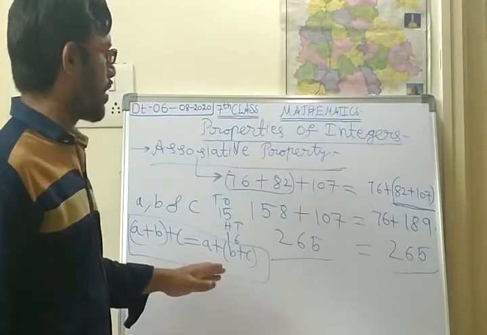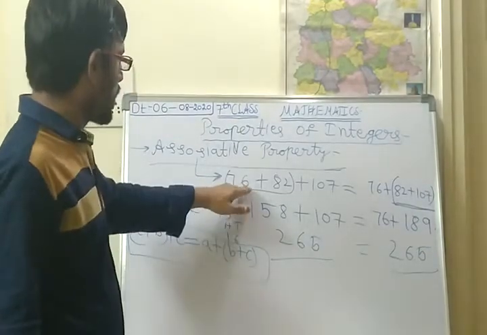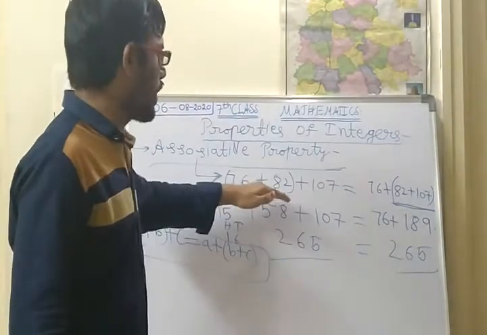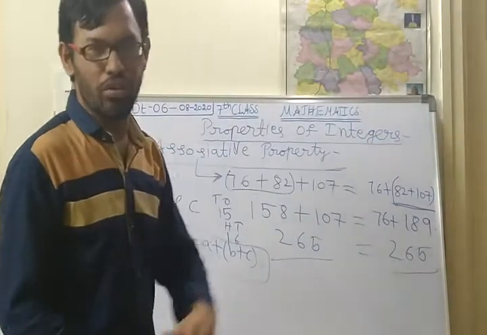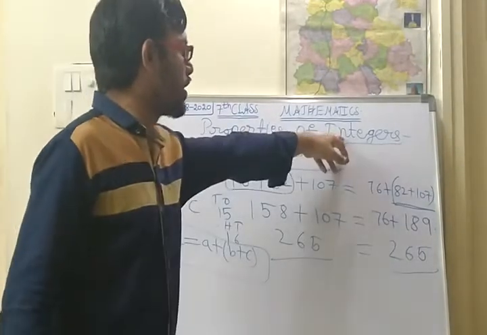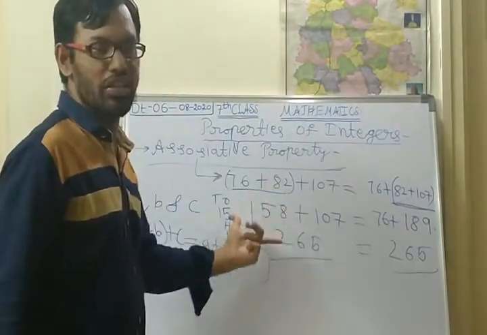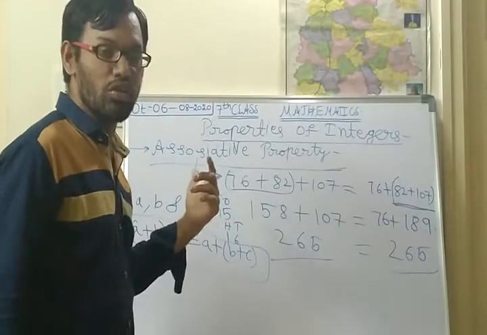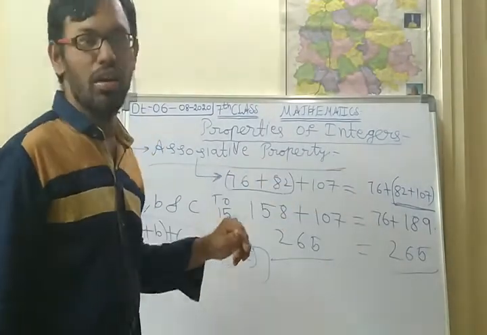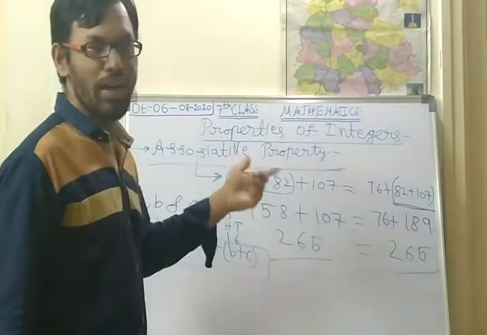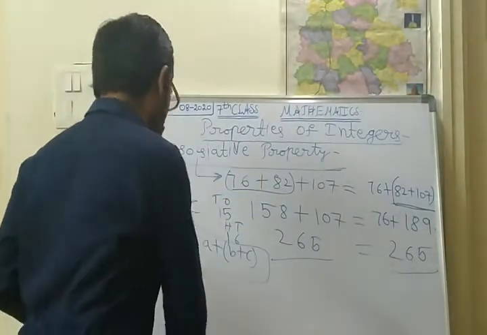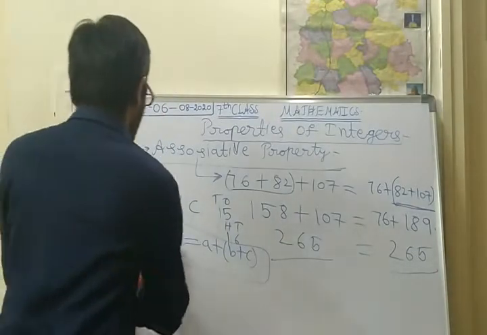So here you will get a doubt. Sir, you have taken all the positive numbers only. So what will happen if you take negative numbers in between? Okay, you will be getting a doubt, because integers means not only positive numbers and 0, there will be negative numbers also. Okay, so what will happen? Does the answer change or not? You will be getting doubt. Okay, so to clear that out, I will do one more problem. So see children.